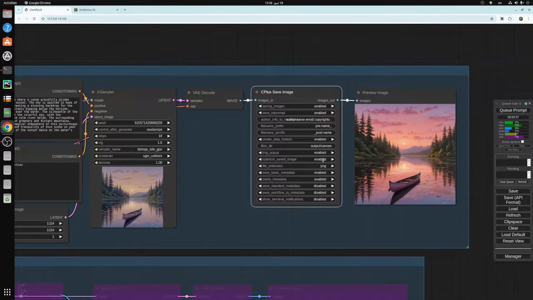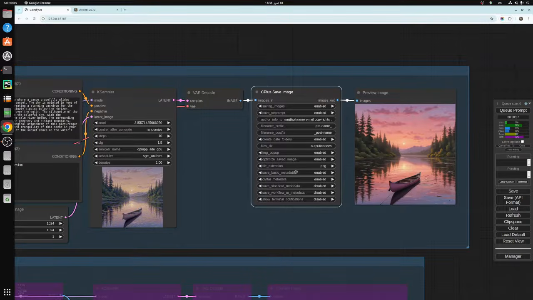Optimize saved image, it optimizes your image after saving it. And then file extension, you have a lot of file extensions to choose from. You have WebP, JPEG, BMP, whatever. So all these extensions you can choose from, but PNG is used for saving metadata, author info, and the basic metadata here underneath. So saving basic metadata saves the steps, the CFG, the seed, the prompt, positive and negative,